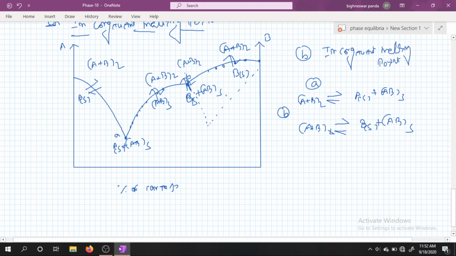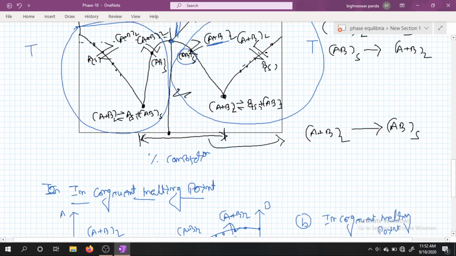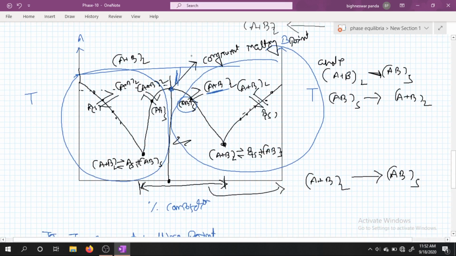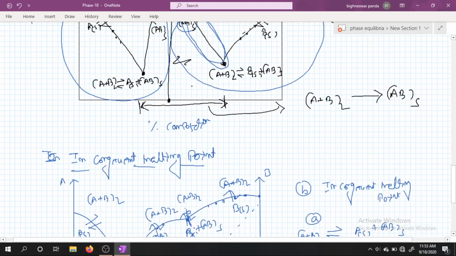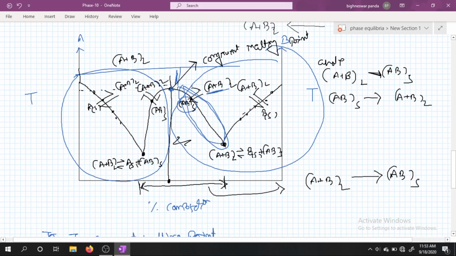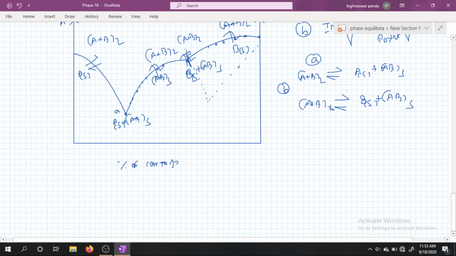So here the graph is absent from here to here. In incongruent melting point, from here to here, the graph is absent. So this point is connected with this point. So this is all about congruent and incongruent melting point. Thanks for